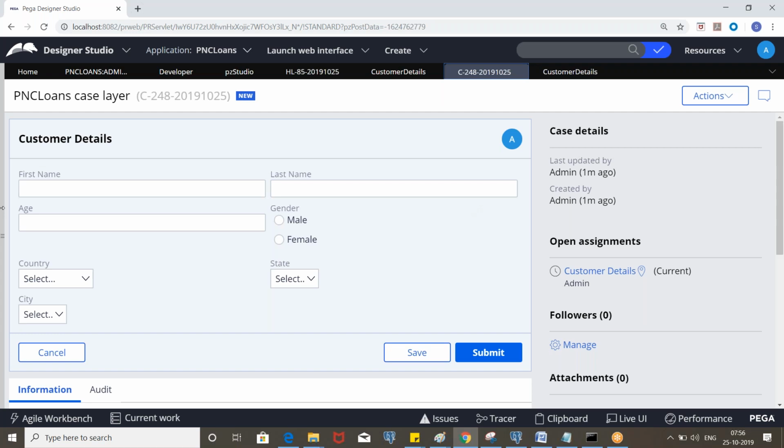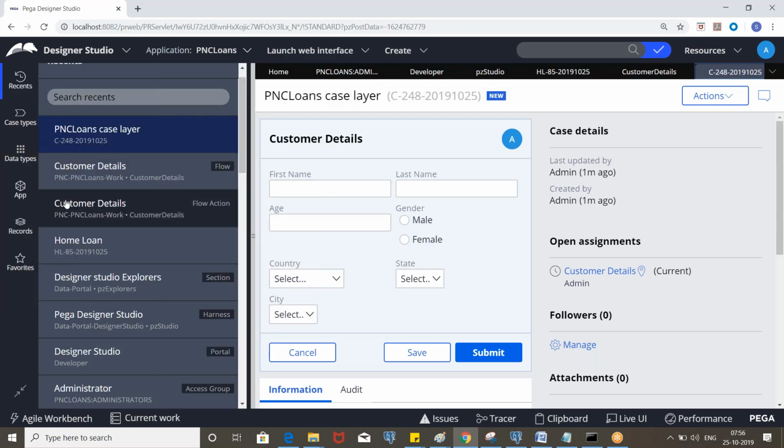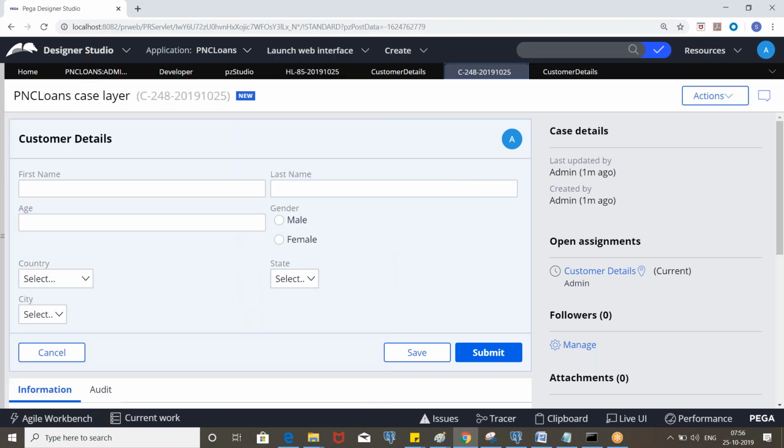Sometimes, if you open the rule, you will see customer details, but customer details is available in different classes, and you cannot know which one is being invoked as part of the flow processing. Not only this, any other rules too.